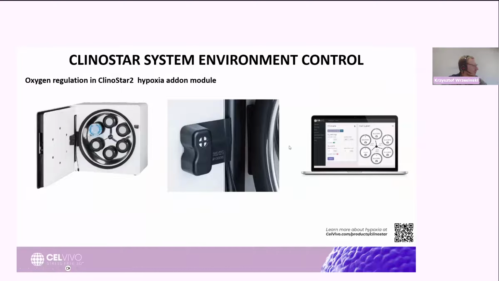into our cloud system. It's actually miniaturized, so it's a much smaller unit, which you just click on the doors of the existing ClinoStar, and you control everything through